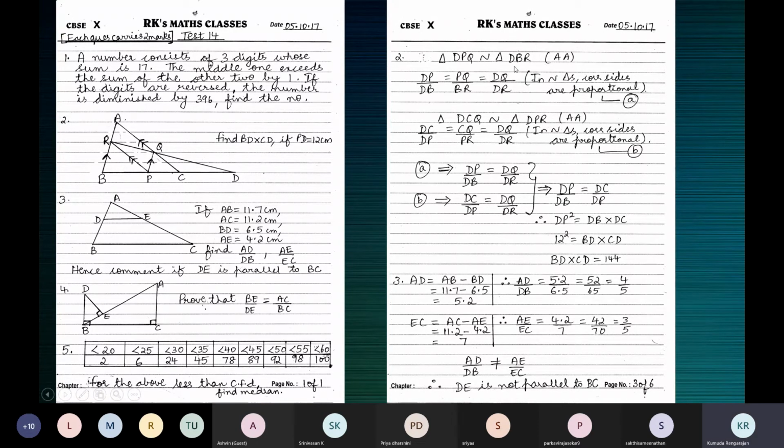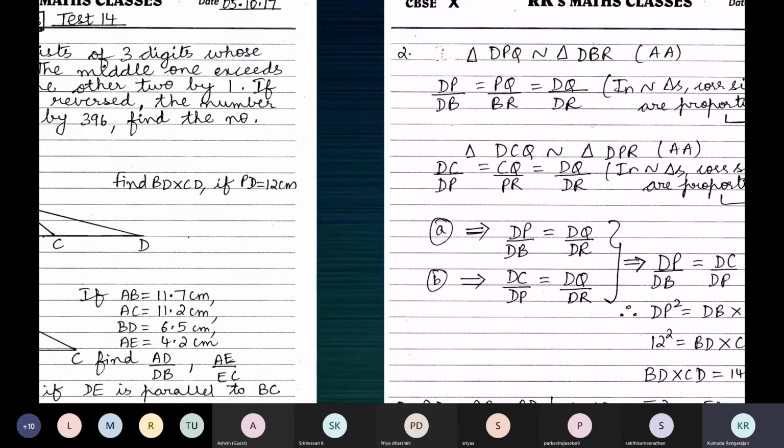So this is important. DBR is one triangle. DPR is the other triangle. In DBR, you have this small triangle DPQ. In DPR, you have the small triangle DCQ. So this small and this whole triangle are similar. In similar triangles, corresponding sides are proportional. See, how did we write this? From this one. Once you write the triangles are similar,